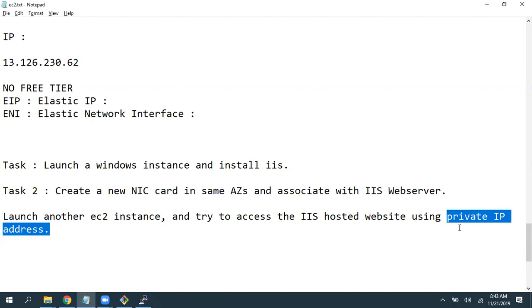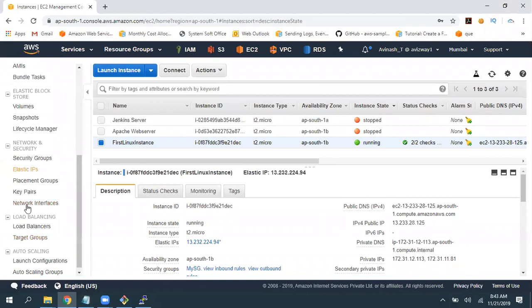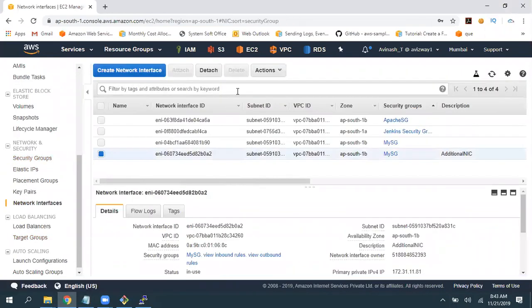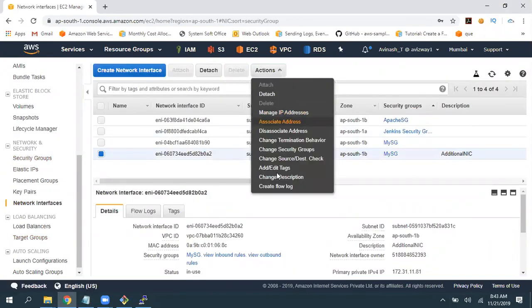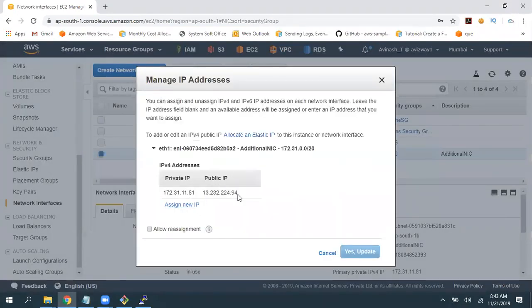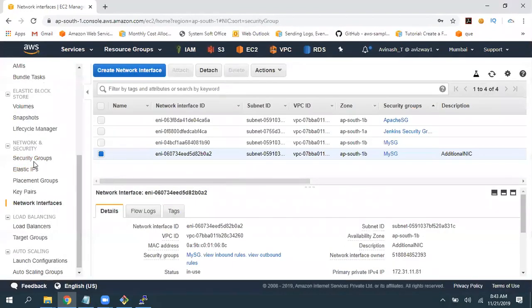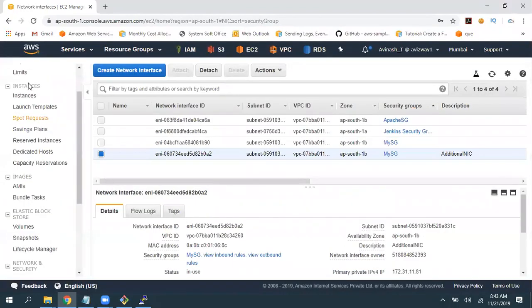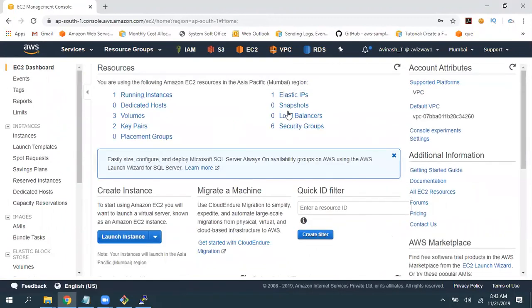Because I am asking you to access it with the private IP address, so it will not work outside the network. Simple, what I'm asking you to do is perform all the tasks, instead of associating new Elastic IP addresses, I'm asking you to test it with only